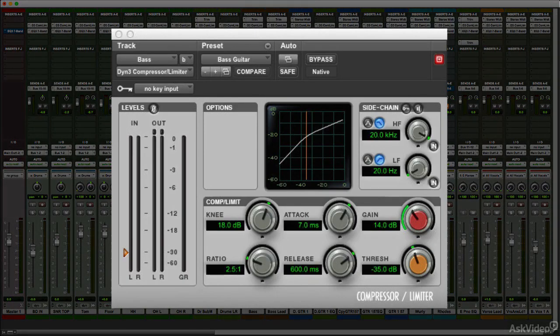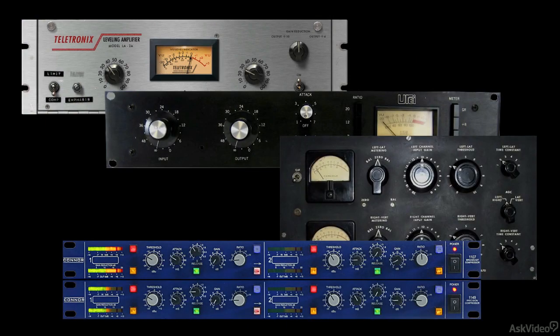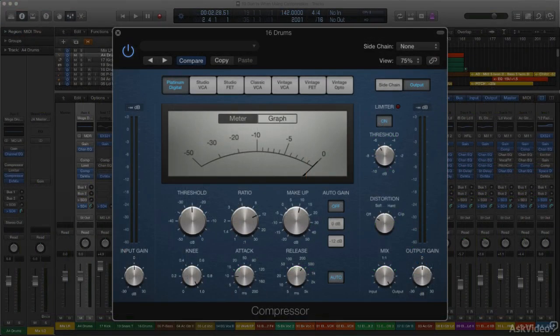Compression is one of the most widely used types of processing in audio production. It has applications in everything from recording, to mixing, to mastering, to broadcast. But compression is also one of the more difficult processes to really master. Unlike EQ or reverb, the more subtle effects of compression can be less than obvious, even while they make a